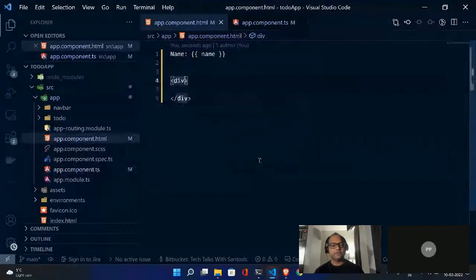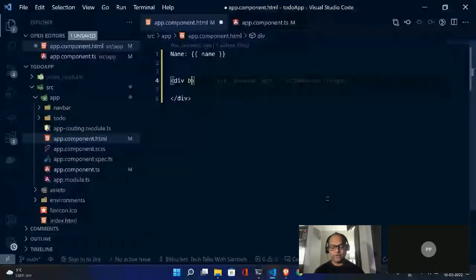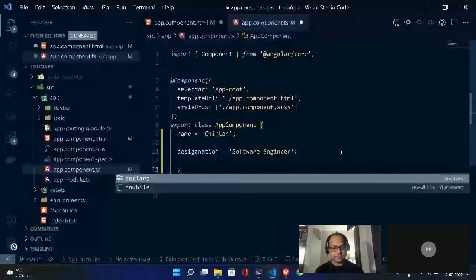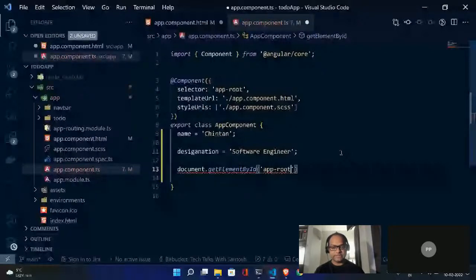So how can we do that? Of course, we can just use interpolation syntax. Is there any better way? Is there any other way? Yes, we can go ahead and use property binding. Generally, if you have to use the inner text property in JavaScript, we do it like this. In case you know a little bit of JavaScript, we say document.getElementById, we say div, and we say dot innerHTML or innerText equals to whatever value you want to assign.